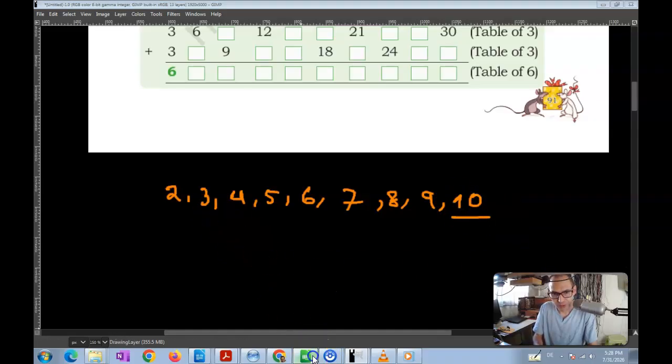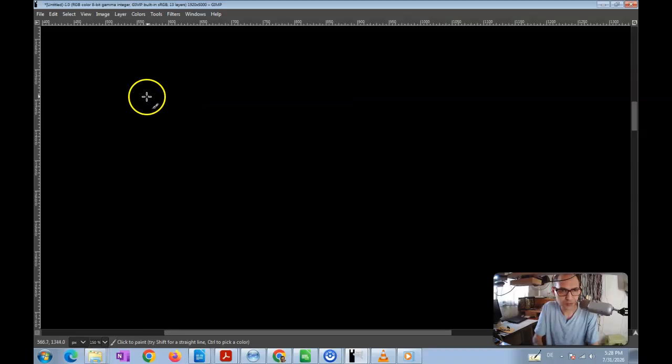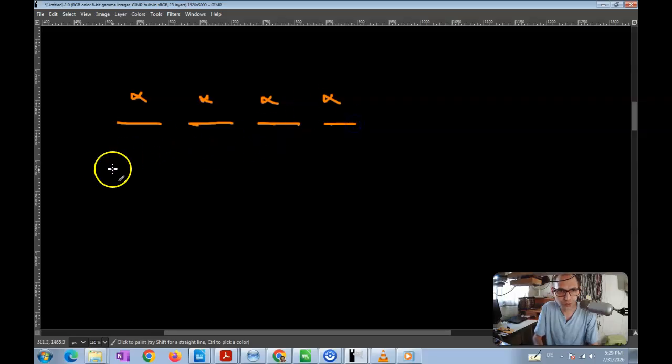Now, we have done the multiplication for 2 and 3 and 5 and 10. So now let's talk a little bit about the multiplication for 4. Now, the multiplication for 4 is essentially, if I have 4 groups of 1, suppose that this is one group, another group, another group, another group. I have 4 groups of 1,